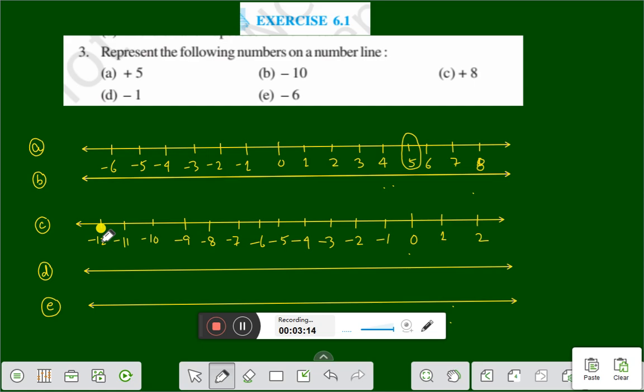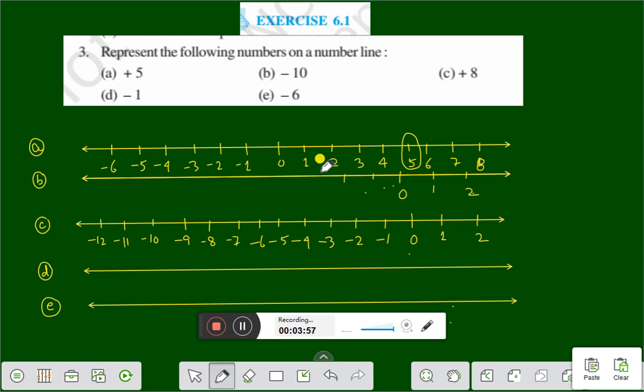Now, we will represent this number line. Question number C is plus 8. Before that, I will do question number B. Question number B is minus 10. Let us take here as 0. This is 0. This is 1. This is 2. Right? And this is minus 1,